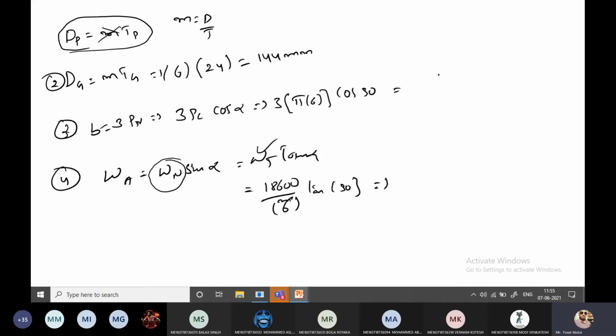Listen, Babu. Whatever I am writing on the screen, everything should be reflected in your notes. Whenever I call a particular person to show the notes, he should be ready to show them. Otherwise, he will lose the assignment marks. I am repeating this statement every day in my class. You don't have a chance to say, sir, I don't know. There is no chance. Every day I am announcing this: whatever is written on the screen should be reflected in your notes.